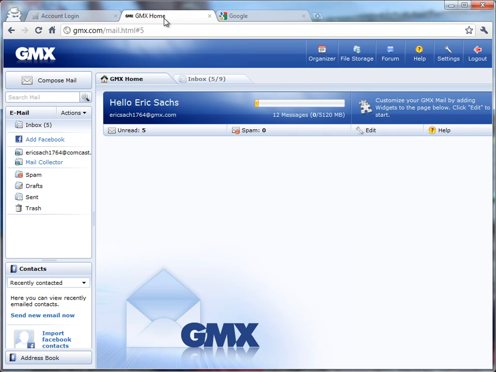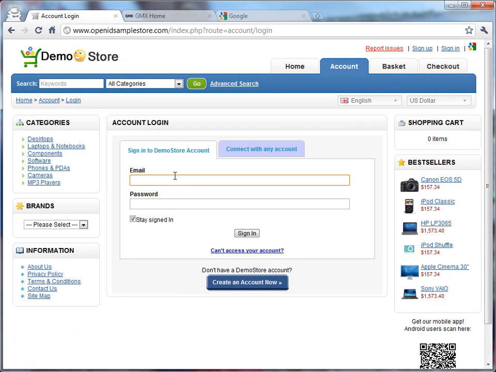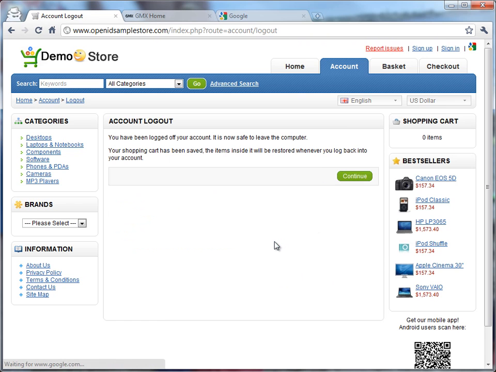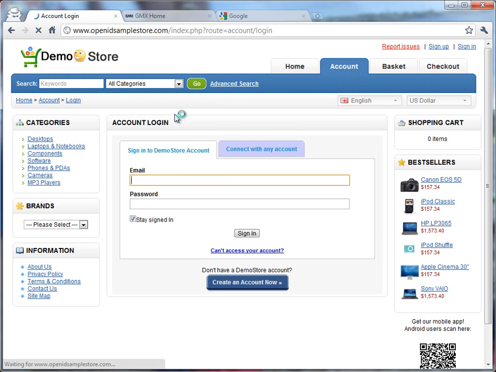Now in this case, I have a user whose webmail account is ericsax1764@gmx.com, and they've been logging into the site for a long time with that email address and a password. Everything works fine. They don't necessarily even know that OpenID has been added to this site. However, one of the times when they come to visit the site, they notice this tab, the Connect with Any